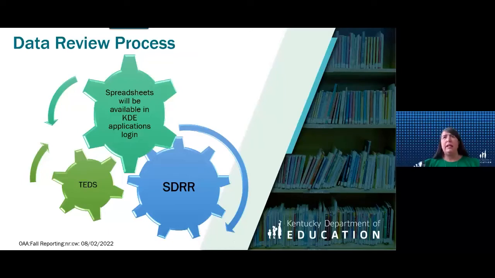And for post-secondary readiness demographics, you'll see that during data review, and so we'll review over that again. But for post-secondary readiness, we have two aspects. We have the academic part of post-secondary readiness, that's what you're going to see in SDRR. And then we also have the post-secondary readiness for career data. Now, your career data, you have to make any changes to that in TEDS.